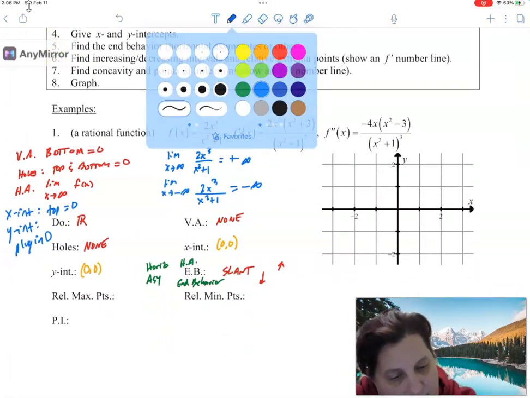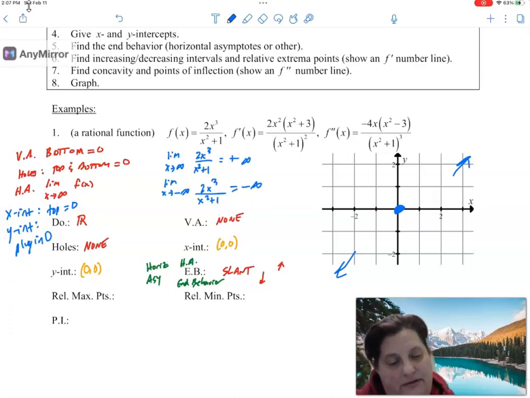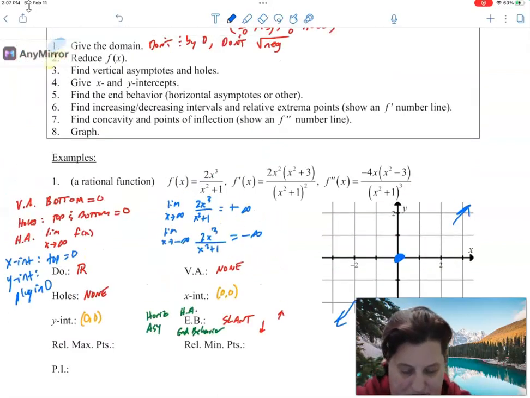So far, all I know about this graph is that it shoots off to infinity there, and there's a point at (0, 0), and there's no vertical asymptotes or anything like that. All right? Okay, now, everything else has to do with the first and the second derivative. And we got some room down here, so what I'm going to do is